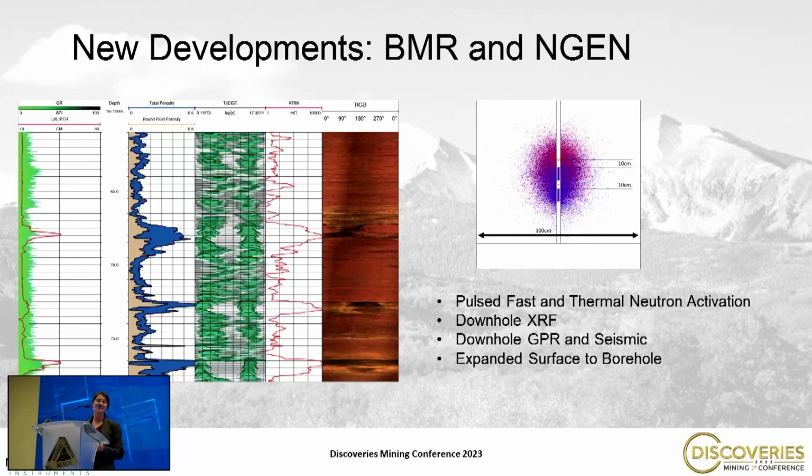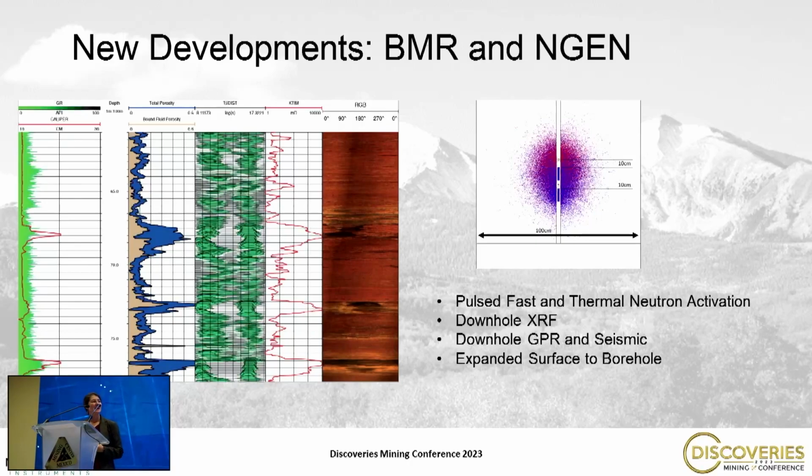But if you need that density or you need that neutron information, neutron being porosity, then sometimes the only way to get at that information is to employ a radioactive source. But if a source is lost down the hole, that can mean big problems for a mine site. It can be very risky. So a neutron generator is something that will allow us to avoid that risk, right? It can be turned off from the surface, and it uses deuterium reactions to generate neutrons and get that porosity information.